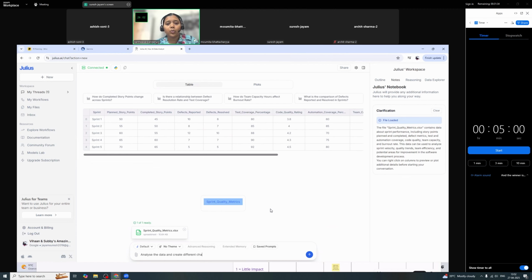I think you can scroll up. You can see what you already wrote on top. No, you cannot scroll up. Anyway, fine, let's continue. Create different charts to show improvement in quality of delivery. Include all parameters like reduction in